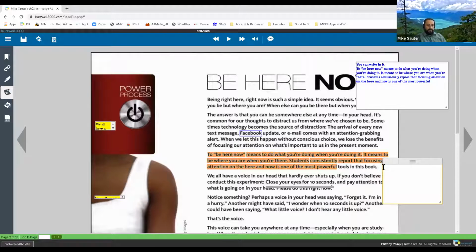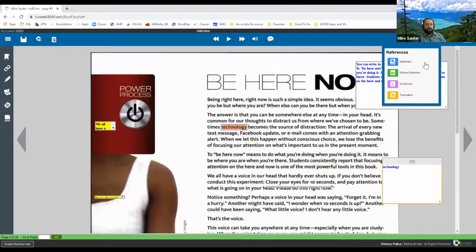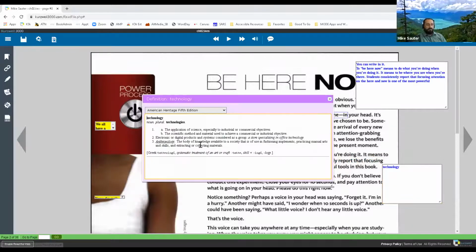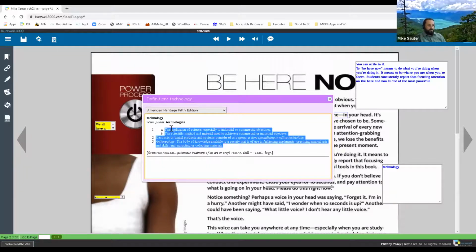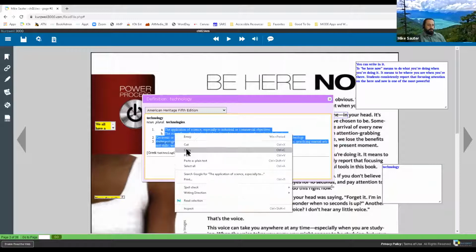Let's try Technology. Drag that into our text box, come up to our dictionary, click on the definition, grab the definition. I can copy and paste it. I believe I can also drag and drop it. Yeah, look at that. How fun. I can drag and drop it.